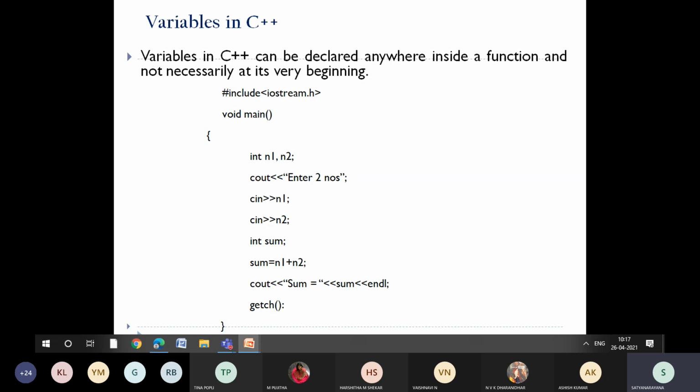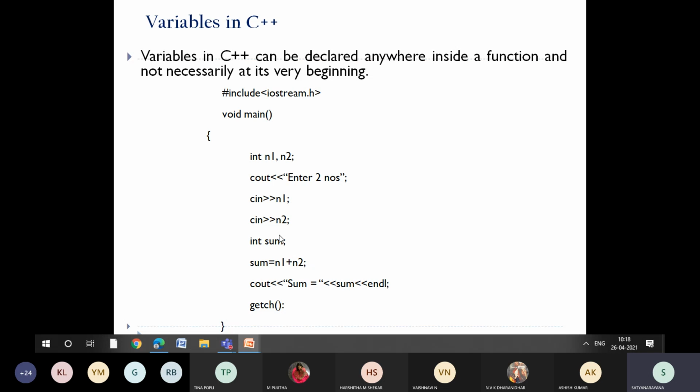The reason behind it is when you are developing real-time applications, most of the time you will be having something to return. So that's why we are going to use int main. Because here we are doing nothing, just for practice purposes, we are showing void main. But the best practice is we do int main. Now variable declaration as usual like your C programming, int n1, n2. Now what do we need to get? We need to get two variables. So cout enter two numbers, and cin n1, cin n2.